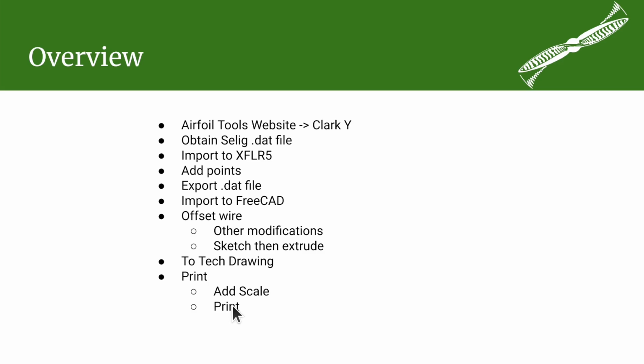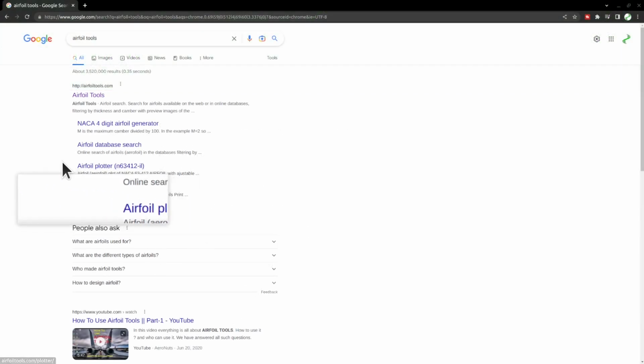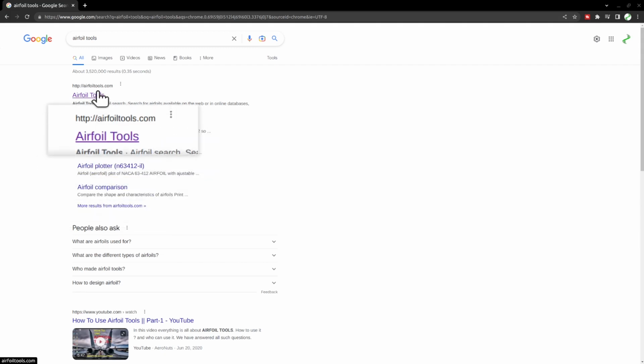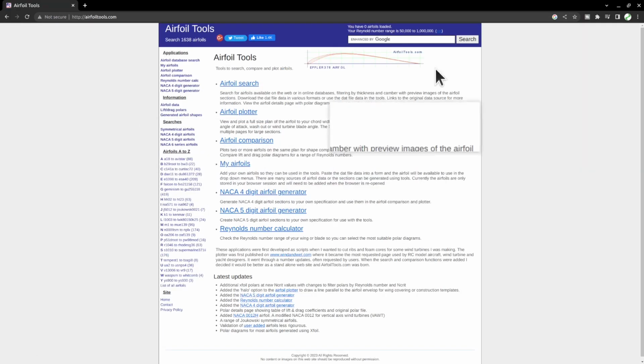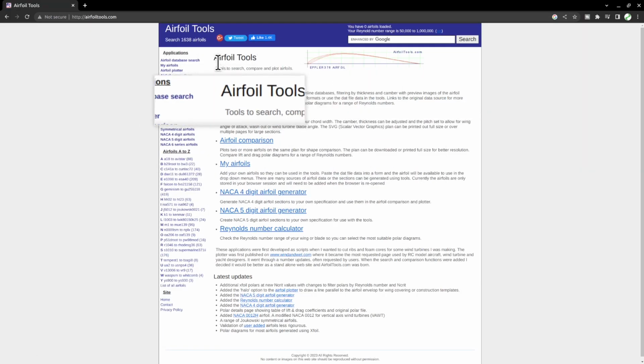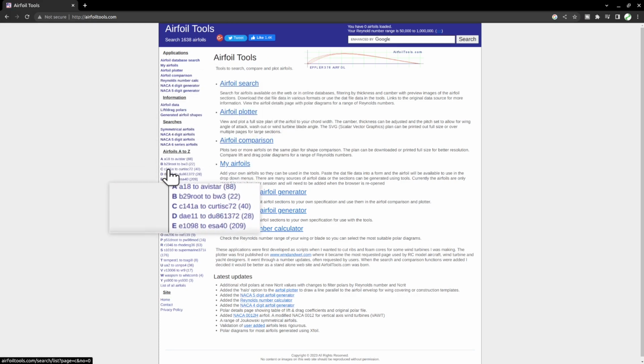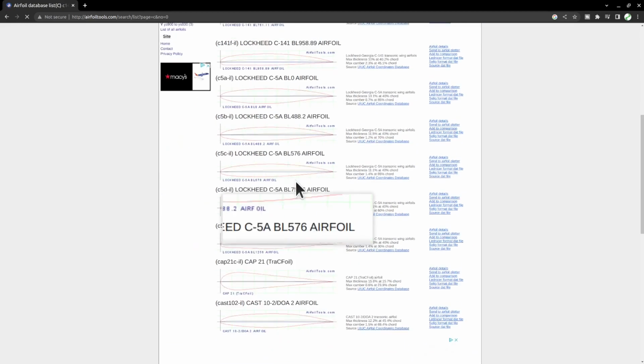Now, here we go. As I mentioned, there's a website you can go to that has a pretty significantly sized catalog of airfoils, and that is Airfoil Tools at airfoiltools.com. So let's go there. Here's what the main window looks like. Like I said, I want to get a Clark Y airfoil. So I'm going to come down here to the C's, and then down at the bottom,